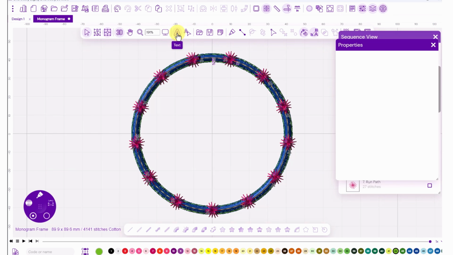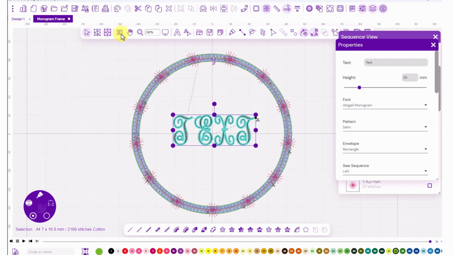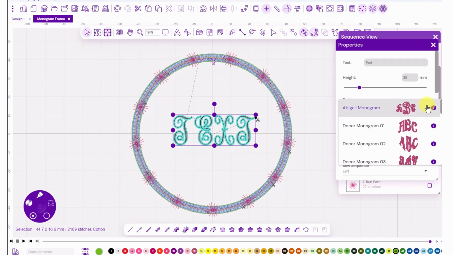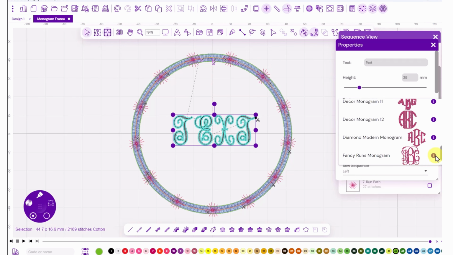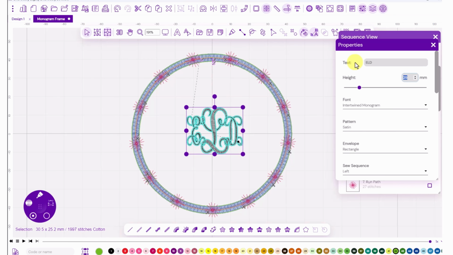Under the text tab, we do have a monogram text feature, and it comes in as this. I'm going to just turn the 3D off. So the text comes here. I'm going to change this monogram style to this one down here called Intertwined Monogram. I'll select it, and we need to change it from text to say ELD. So I'm going to type ELD and either hit tab, or you can right click and it will generate the